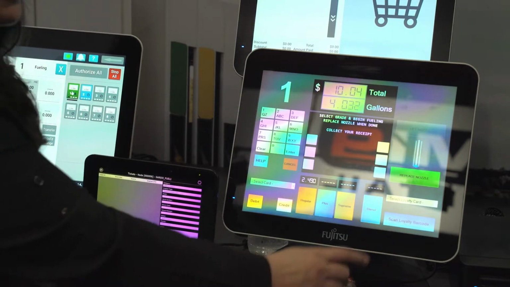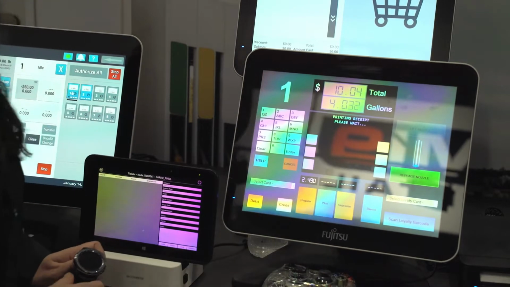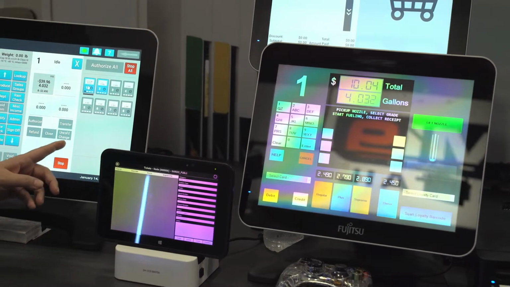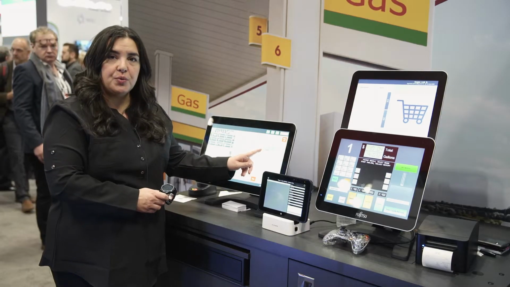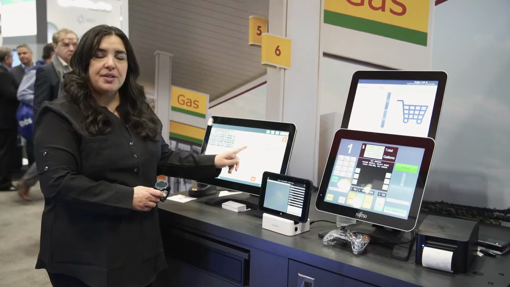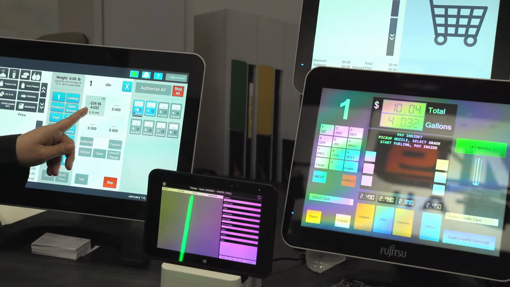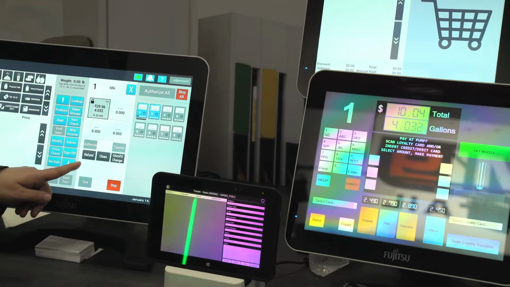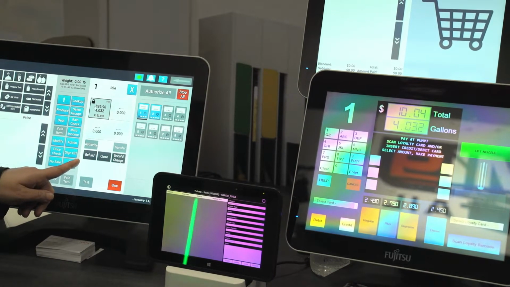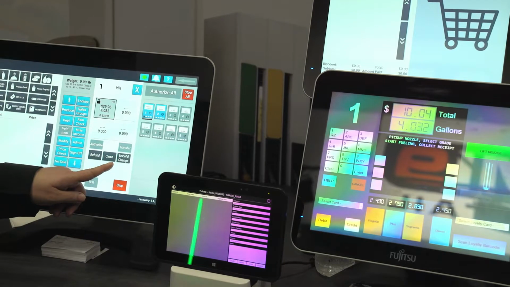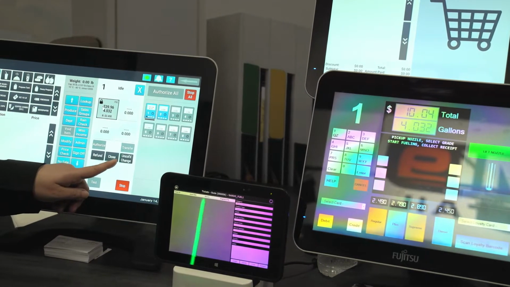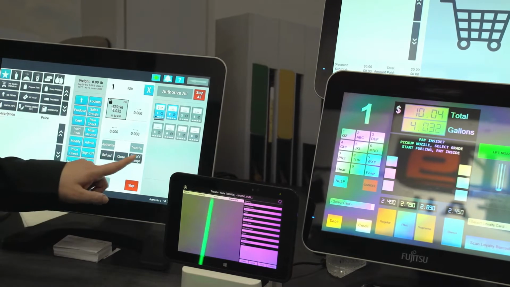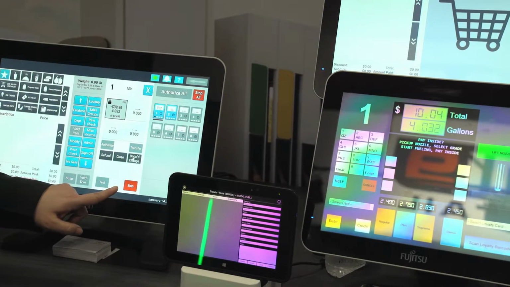And when the customer is done and replaces the nozzle, the transaction is automatically updated to the point of sale application for the cashier to see that $10 was pumped and $39.96 is required to be refunded to the customer. The cashier can choose to either refund the customer immediately or mark the transaction as uncollected change for potentially a later refund in the store. I'll mark this as uncollected change